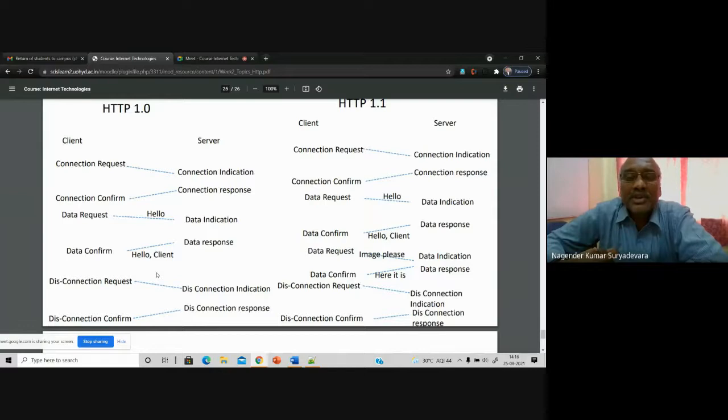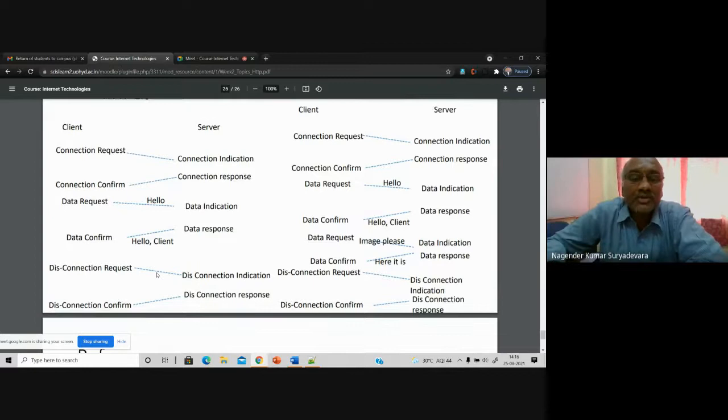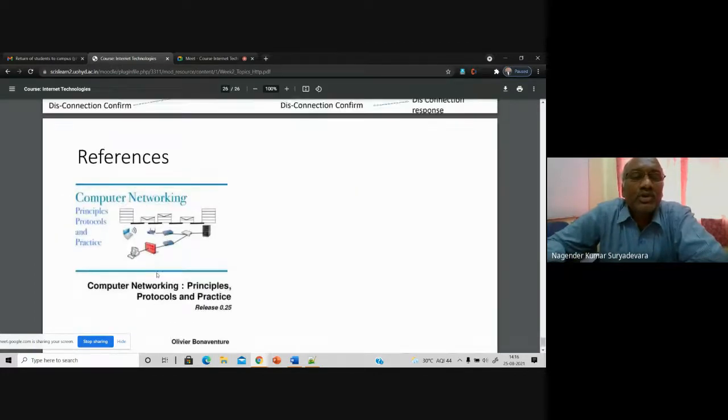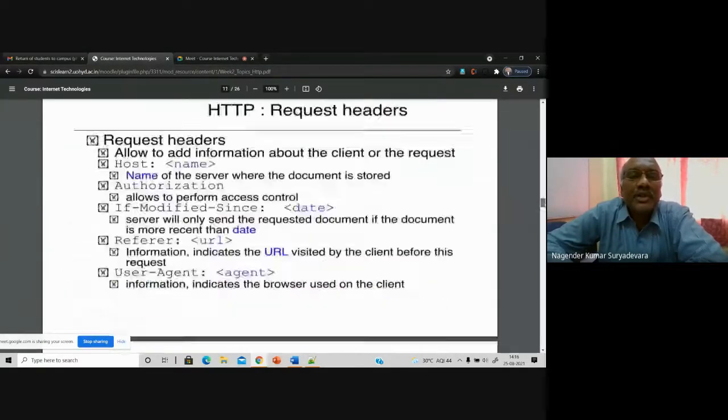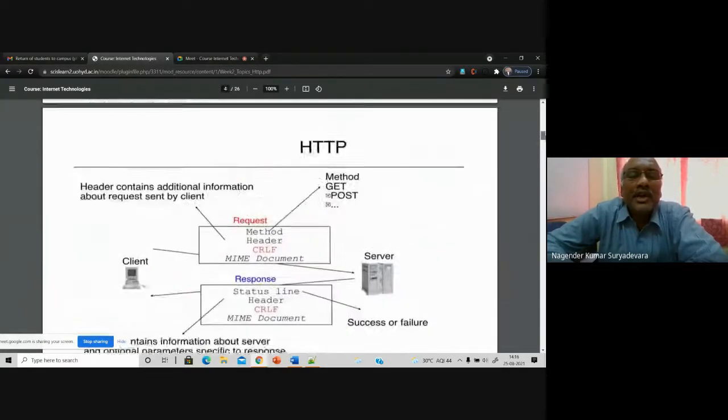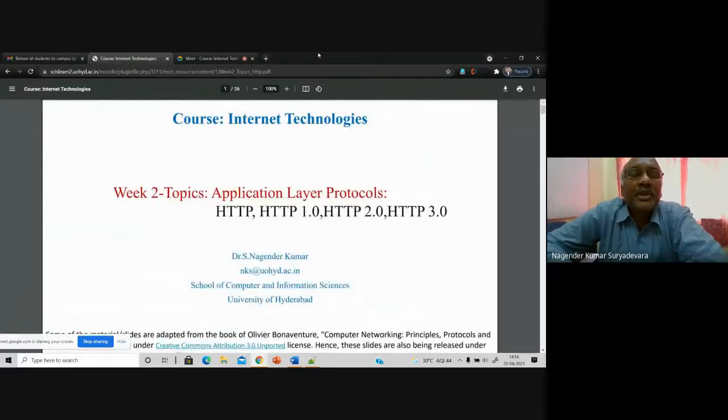Otherwise, for frequent data transfers, HTTP 1.0 is non-persistent, which is a disadvantage. You can go through more details, try to understand, and if you have any queries, you can discuss them in the next class.